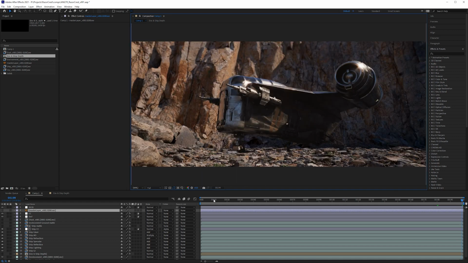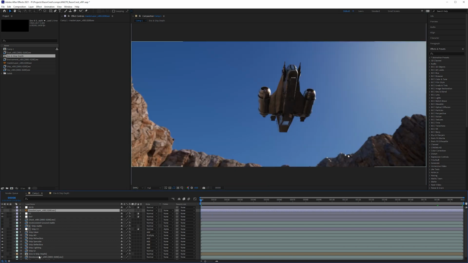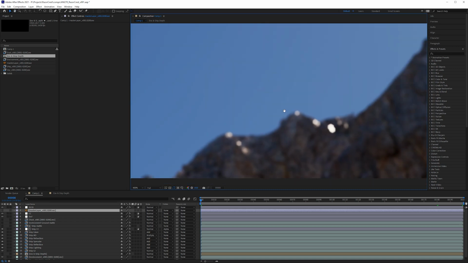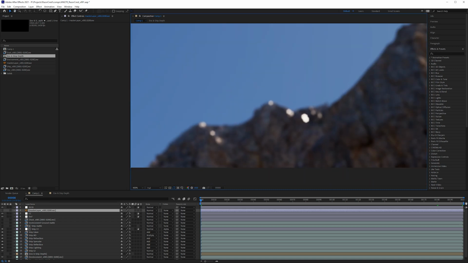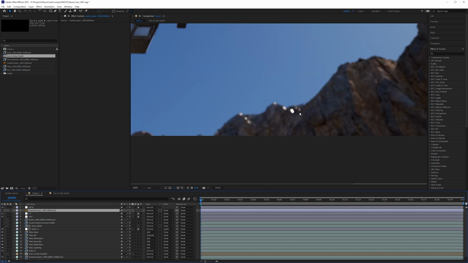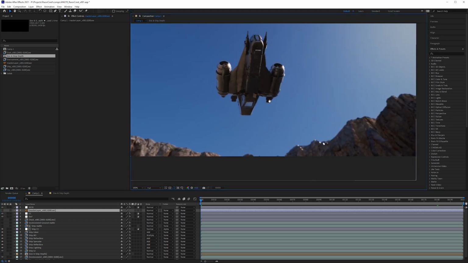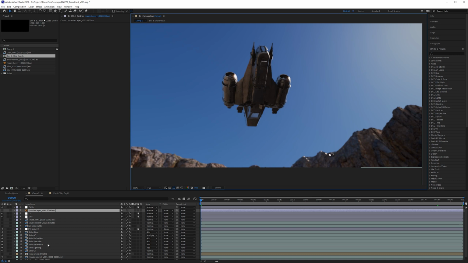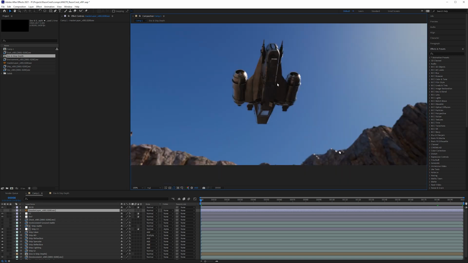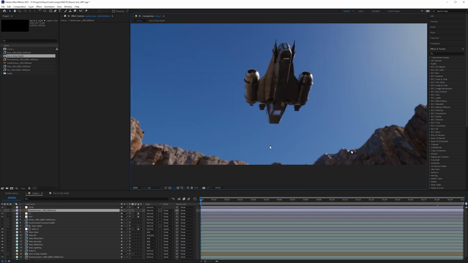So what I'd like to do at this point, before we separate our environment out into all the different passes, which we might still want to do, like especially here, we see a lot of that depth of field is causing some hot spots there to be out of focus. We also might want to be able to animate our depth of field. So while this is in focus, we probably want to be able to change the depth of field a little bit. All right, so I'm going to preview this and then take a look at what we have so far.